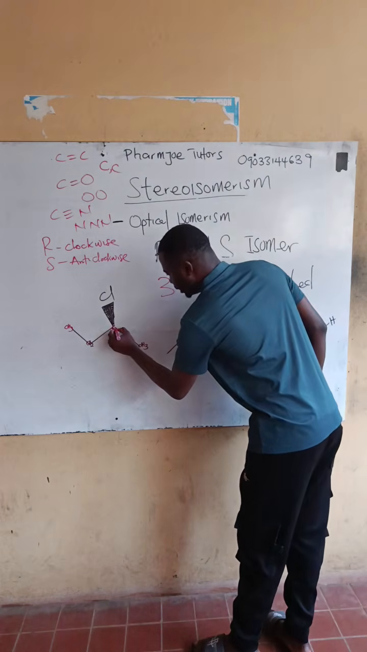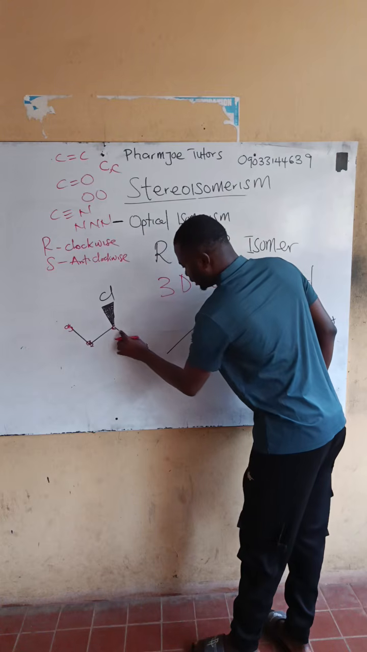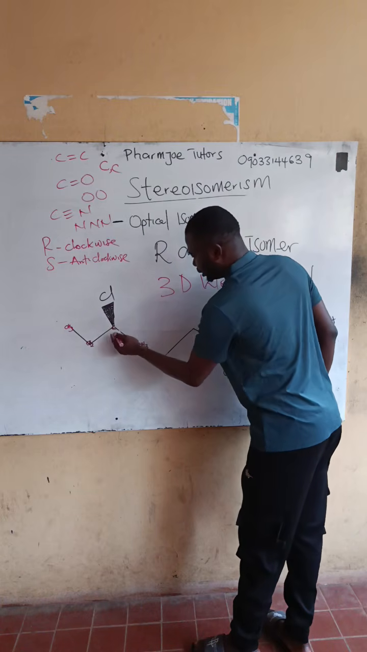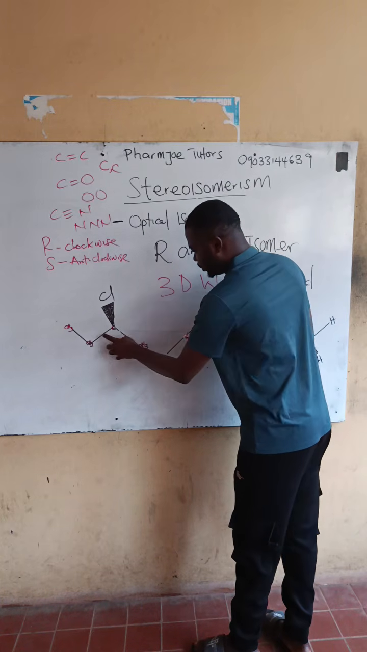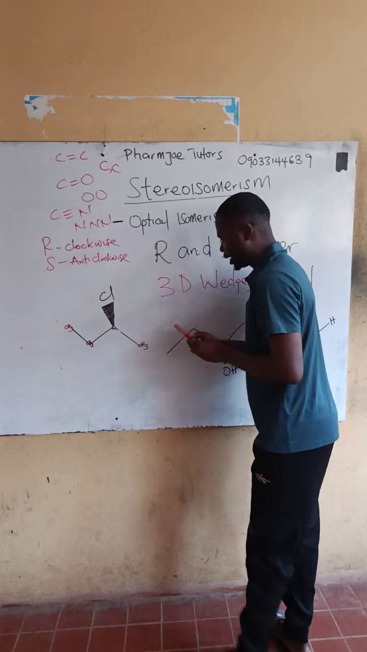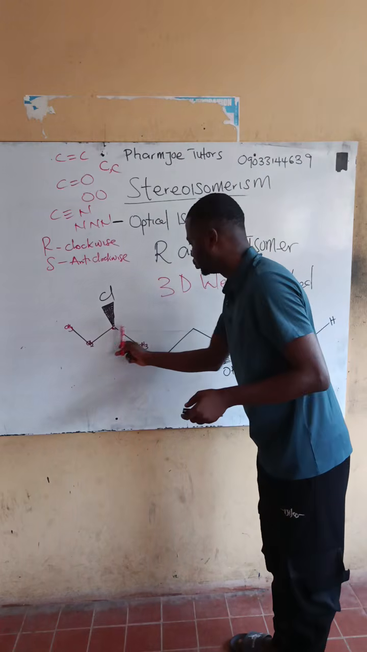Then there's a carbon here. Now this carbon is attached to this carbon, it's attached to this carbon, then it's attached to chlorine. So if it is that, you know that it is not complete. 1, 2, 3. Anytime we are dealing with R and S, the carbon we are dealing with should